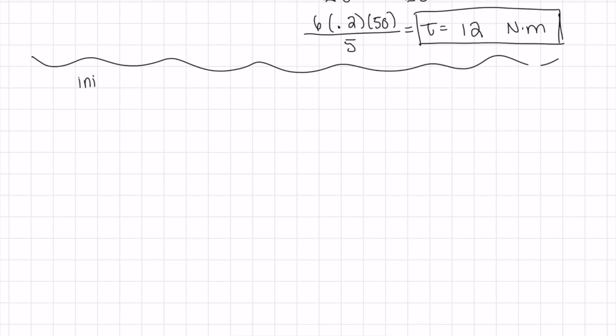Our initial is again our axis of rotation, our mass some distance away, but our initial everything is 0 because we're at rest. Our final, after we've had some torque in some amount of time, right before release,